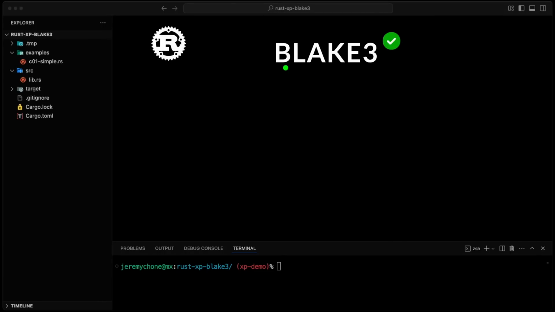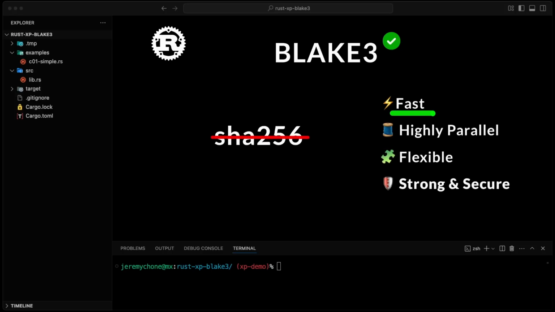Okay, so today we're going to talk about BLAKE3. Basically, I'm moving most of my SHA-256 and 512 logic to BLAKE3. The reasons are that BLAKE3 is super fast, highly parallel, and very flexible, such as we can ask the length in bytes of the hash we want to get, and it is as secure as the